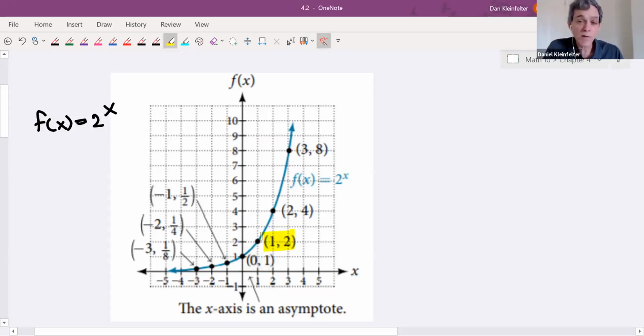When you raise 2 to powers bigger than 1, you get bigger and bigger answers, which is why the graph just goes up and up and up. If you raise 2 to negative powers, you get answers less than 1, which is why the values all hug the x-axis going towards the left. The x-axis is a horizontal asymptote for the graph of 2 to the x. It turns out that all of the functions where the base is bigger than 1